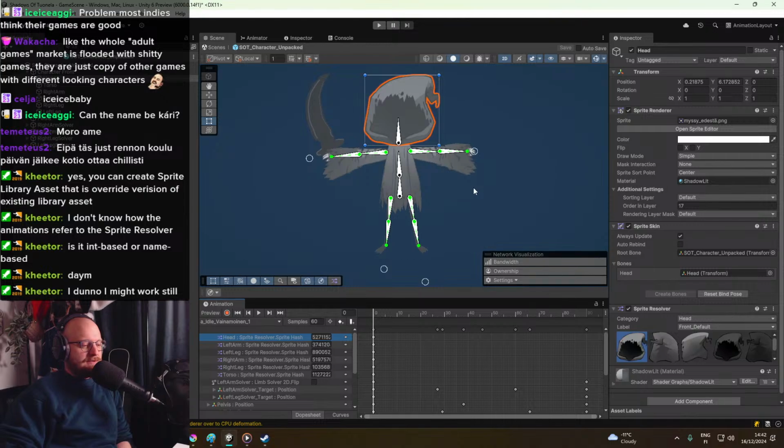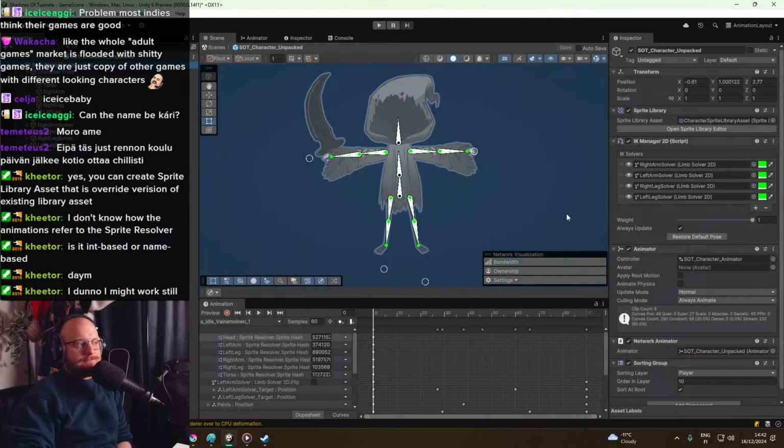Or we might actually need to do this elsewhere. We might need to do this in code. So in code when we change the direction, we also change the sprites. That might be a reality we live in. But let's try it. So basically,